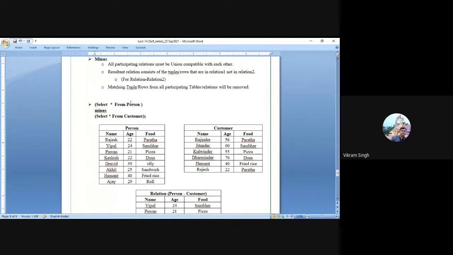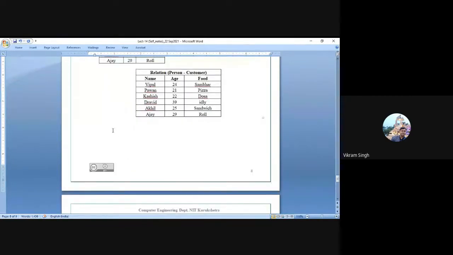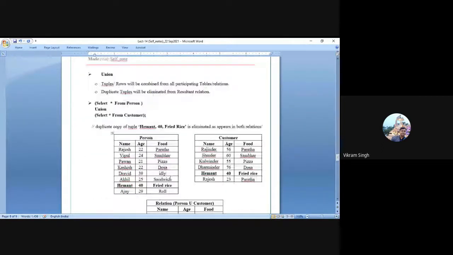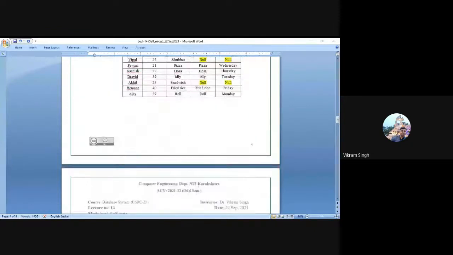So it will be like A minus B. All the common values between these two will be removed, but only the non-matching ones from select person will be retained, right? Something like that. This is something which we will be using in specific queries. Okay, so that's it for today's discussion. In the next lecture, we will be discussing the different functions now, because this join operator is something very specific. We need to discuss it.